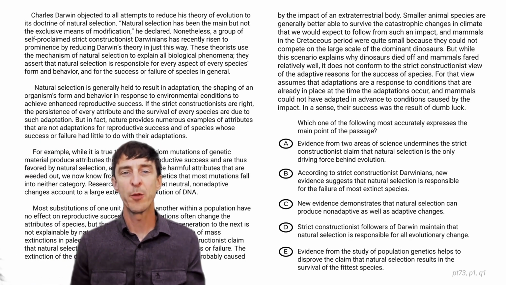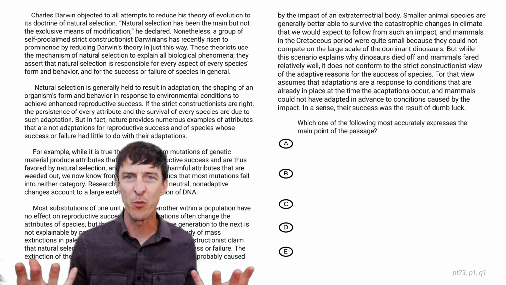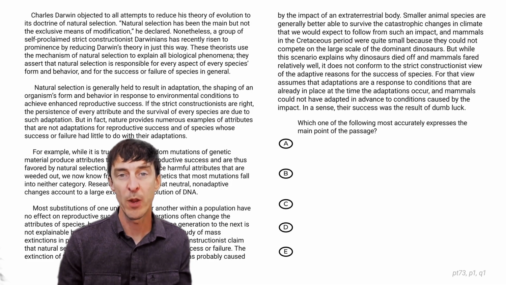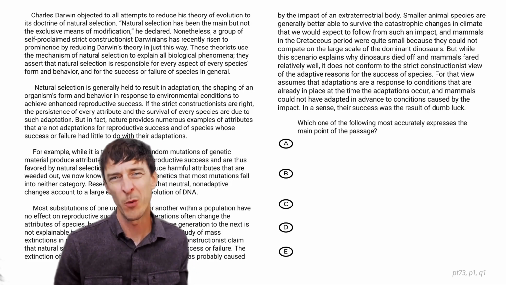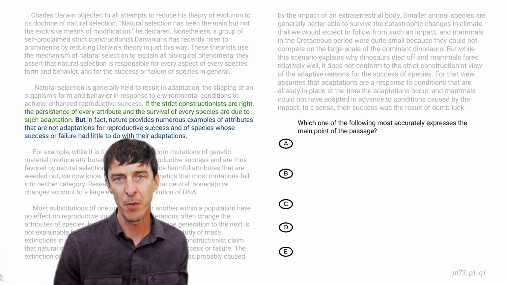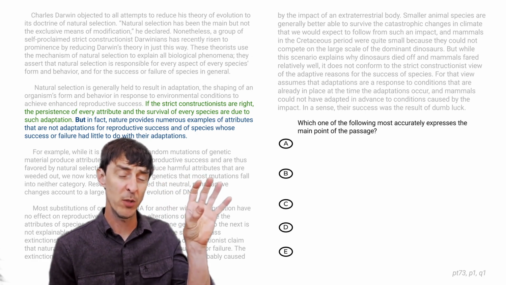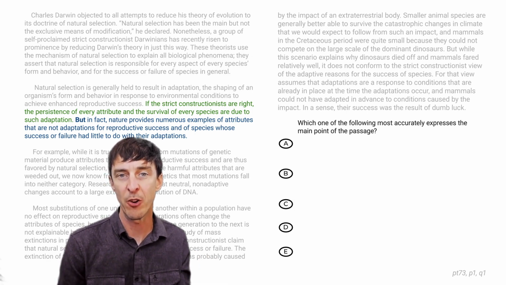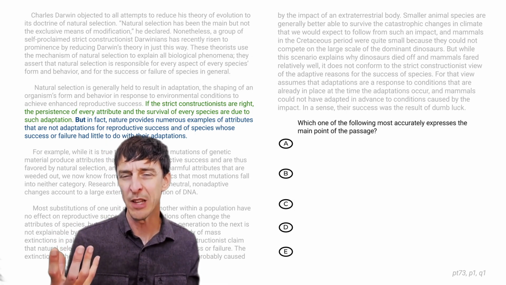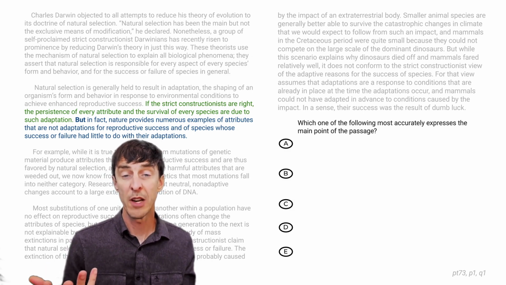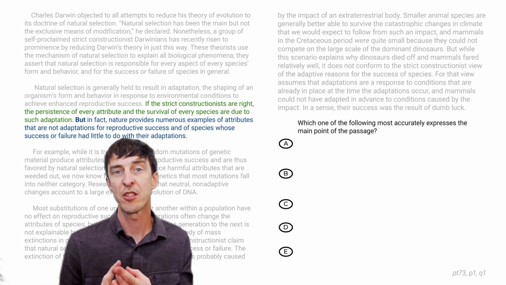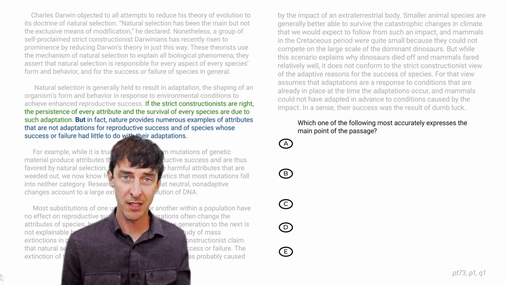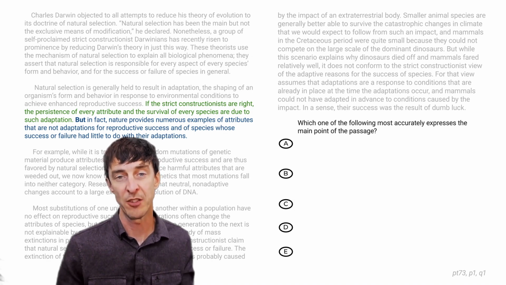Welcome back. When we see we're doing main point and we're thinking, should I do some research? Should I get a pre-phrase out of my gut? The research would be if we have a most valuable sentence. And as we talked about, we would pick the last sentence of the second paragraph. If you want to get the opposing view in there as well, then picking the second and third sentences of that paragraph would be a good idea. But the blue is what we really need because that's the author. So we would want our answer to sound something like, the strict constructionists are wrong because a lot of attributes aren't adaptations, and because success-failure often has nothing to do with adaptation.